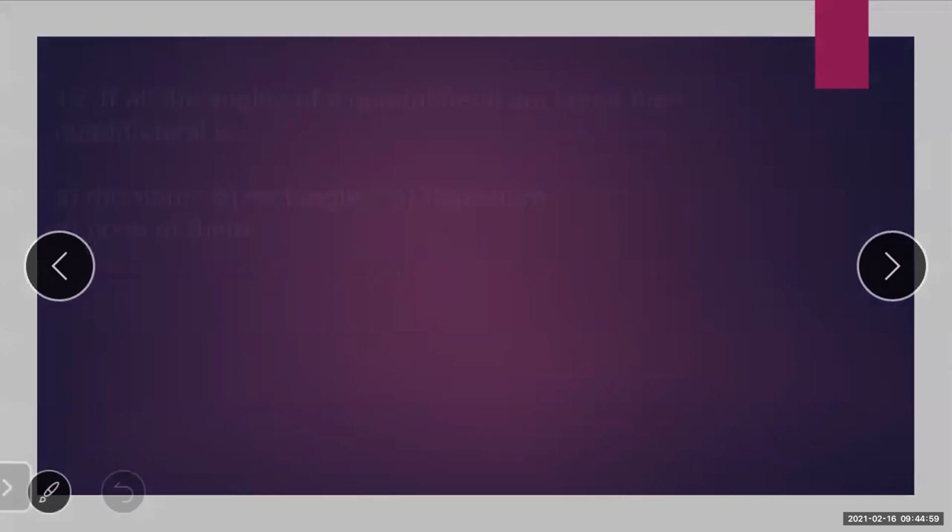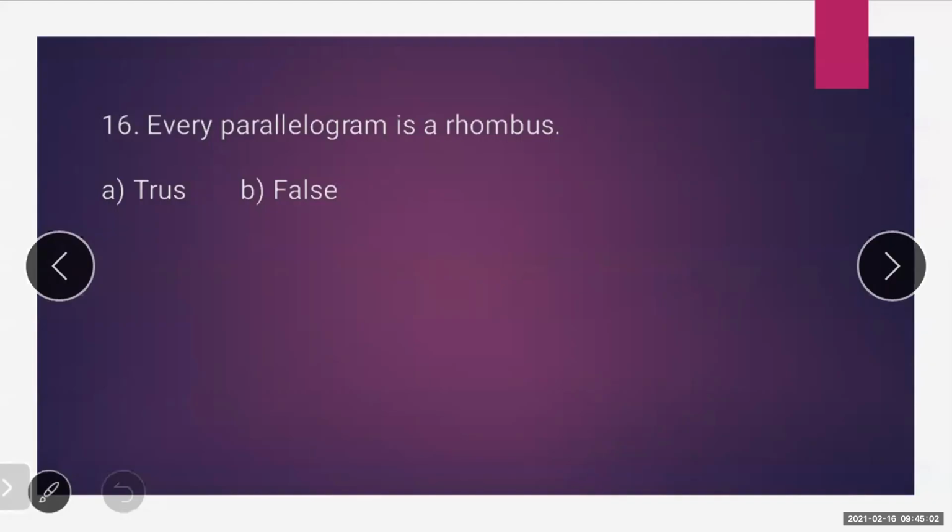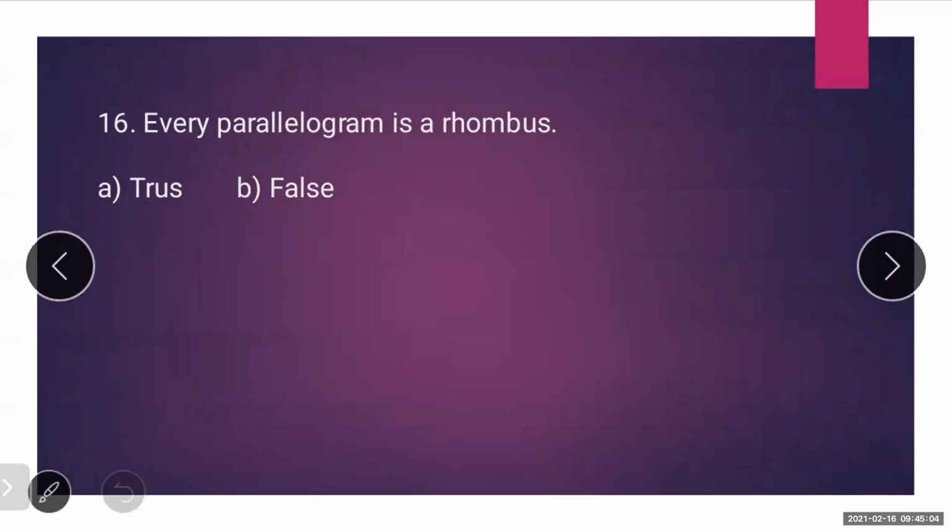Let's move to the last question. Every parallelogram is a rhombus. Whether the statement is true or false. Yes, the statement will obviously be false because